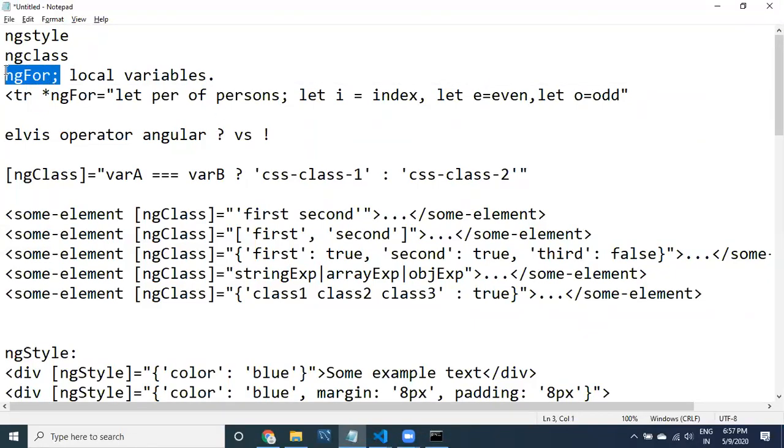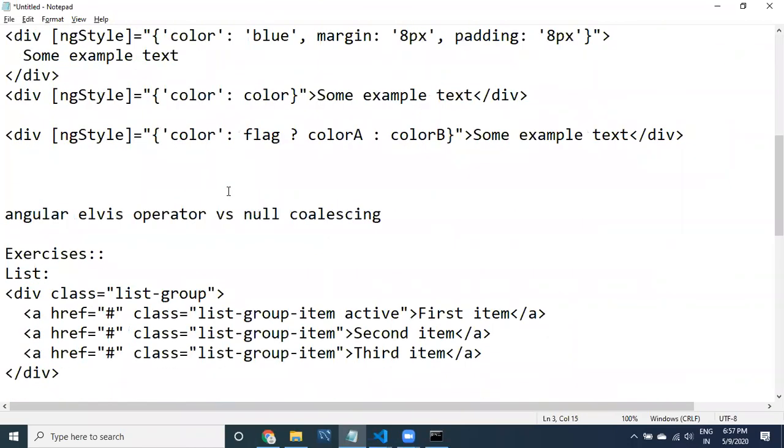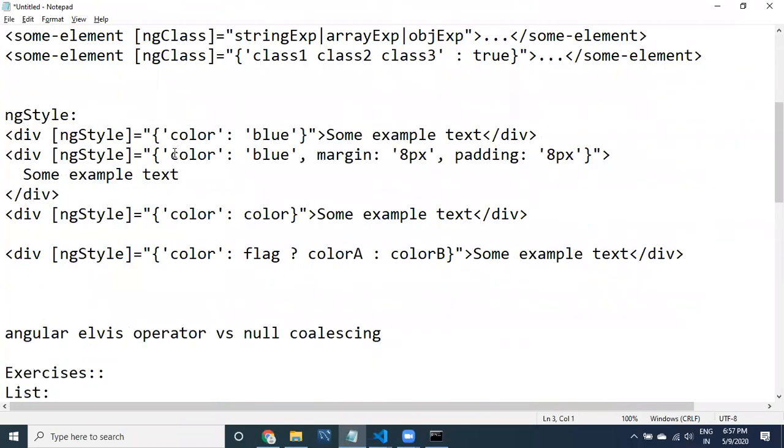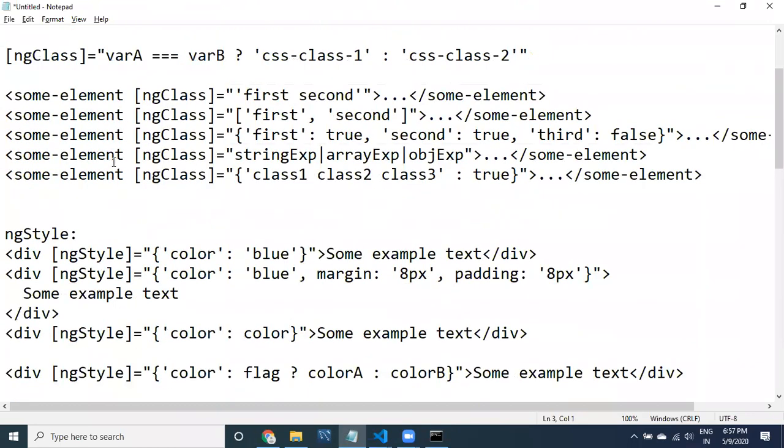You know what is Ng for, and this is a new concept, local variables, of course very simple concepts related to Ng for. Once after doing this very simple thing, we directly go to the exercises, guys, so that whatever concepts we have understood, we are going to implement into our exercises.